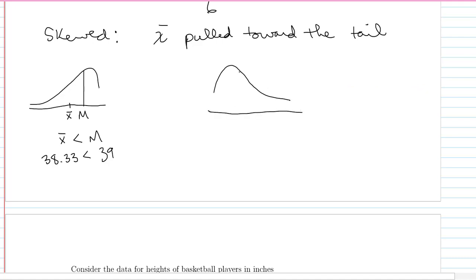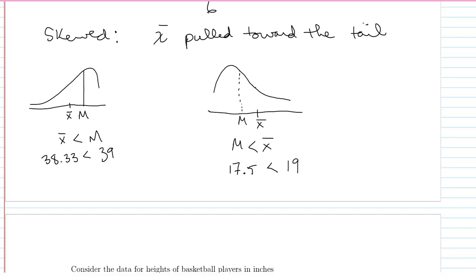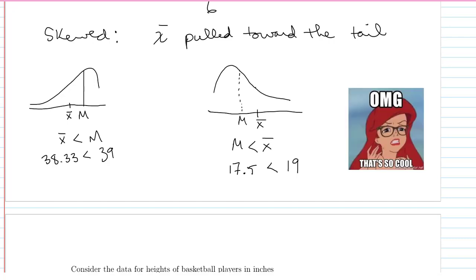Okay, so our median, again, will be where most of the data is. And then our x bar will be pulled towards the tail. Okay, and here this says that our median is smaller in value than our x bar. And we see that our median for booth 2 is 17.5 and x bar is 19. So here's another way you could figure out whether a distribution is skewed or not using the median and the